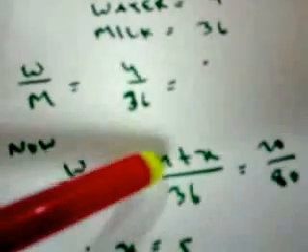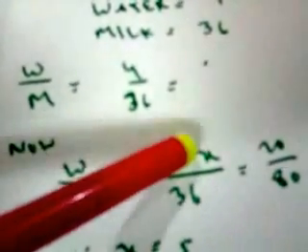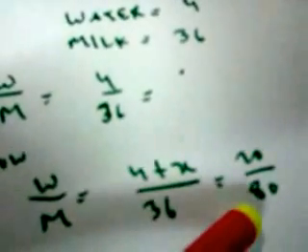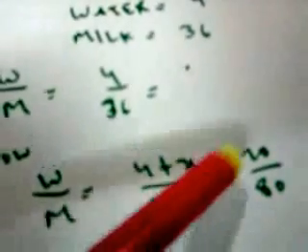Now, the question says we are adding some water only. Let us say X liters of water is added. Now the water becomes 20%, so obviously milk will be 100 minus 20 or 80. So we get finally water is to milk is (4 plus X) by 36, that is equal to 20% by 80% or 20 is to 80.